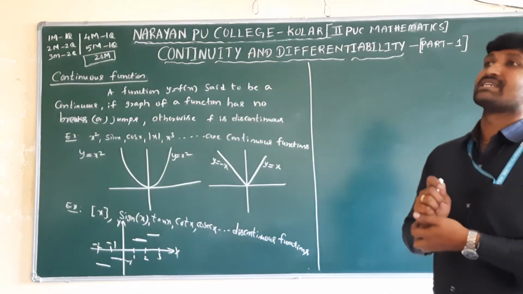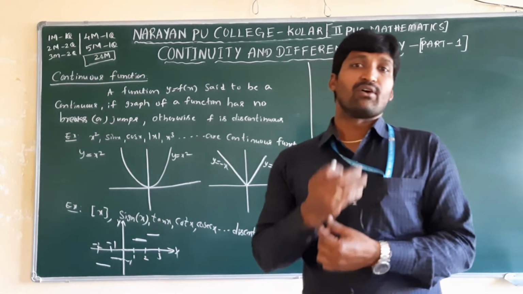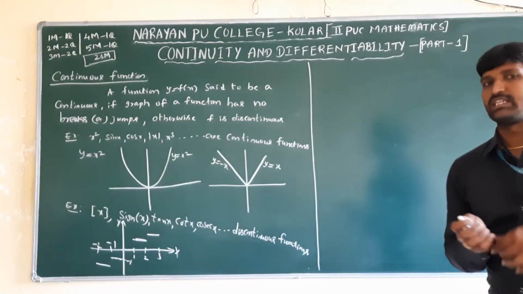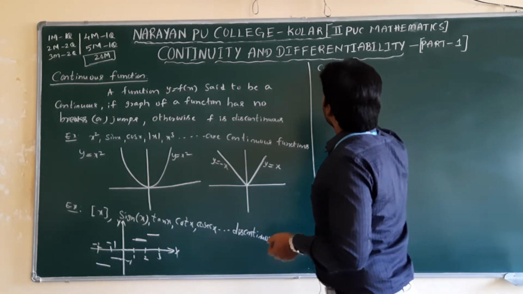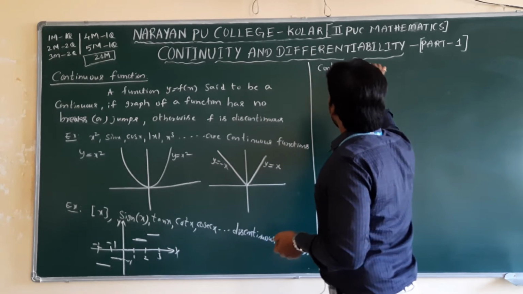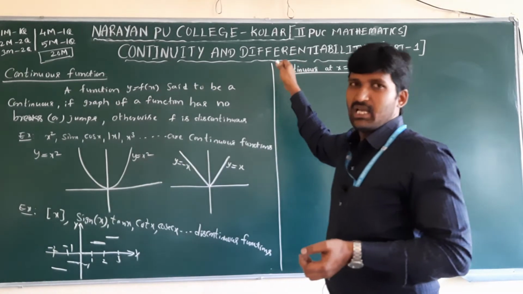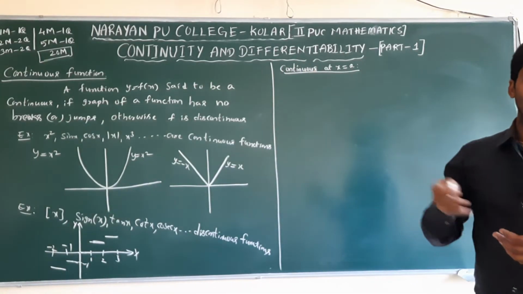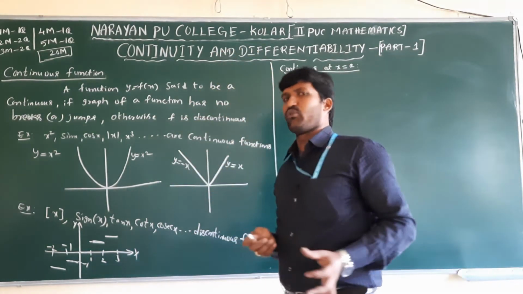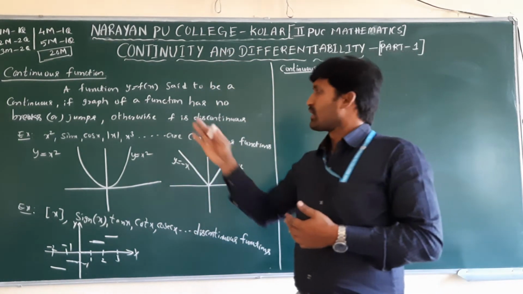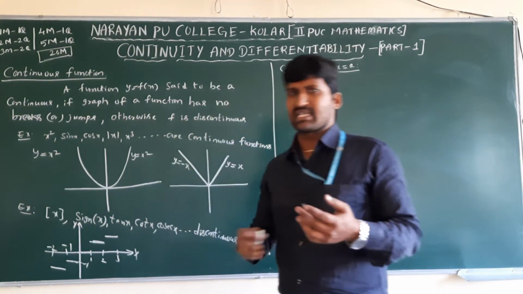Now actually, how to check as a formula base, how to check a given function is continuous at a point, that we call continuous at x equal to a, at a point. This concept we use in problems while doing PU or competitive exams. This is a general concept, how to identify by observing the graph only. From the graph we can identify the continuous and discontinuous functions.